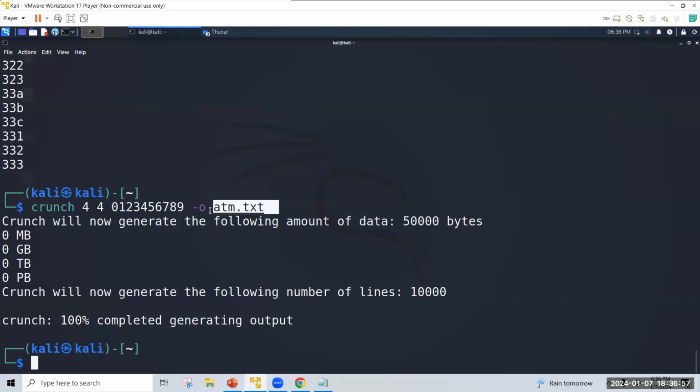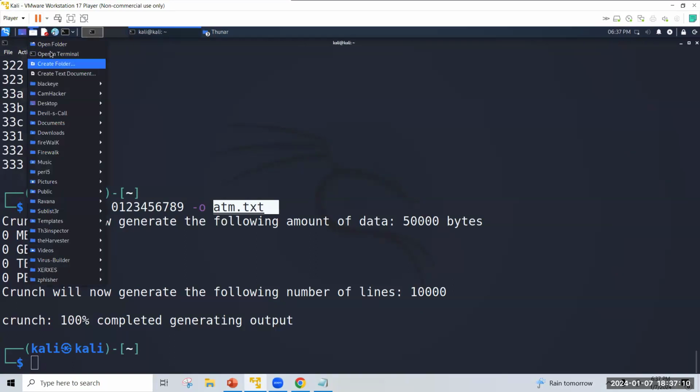You can give any file name you want. This Crunch is a tool used to create a dictionary file. I am creating a dictionary for cracking ATM passwords. Now if you open this file atm.txt,